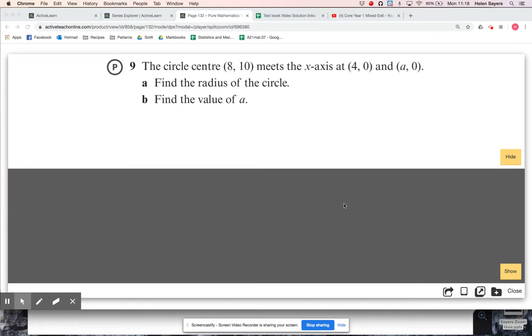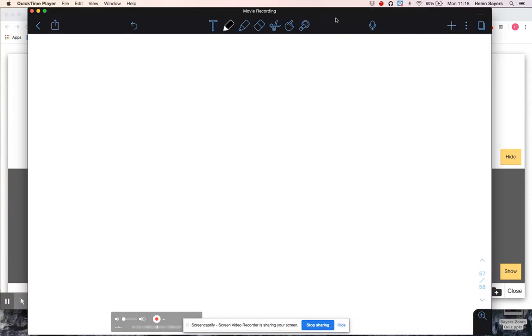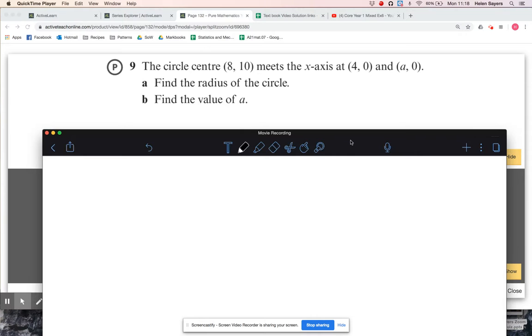Okay, we're looking at mixed exercise 6 from the first year textbook, so that's on circles, and we're on question 9. So we have a circle, we're given its centre, and we're told 2 coordinates where it meets the x-axis. So first thing we need to find is its radius. Well, if that's where it meets the x-axis at (4, 0), so that's obviously a point